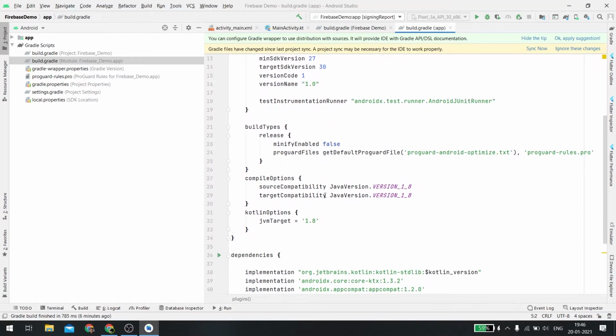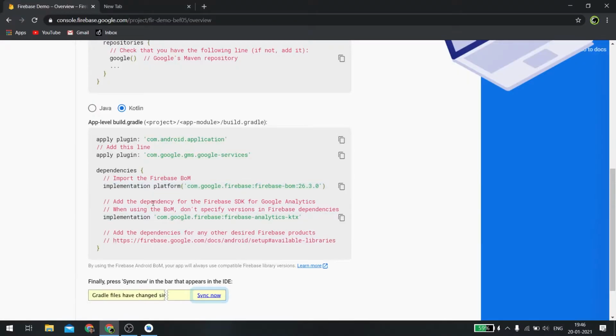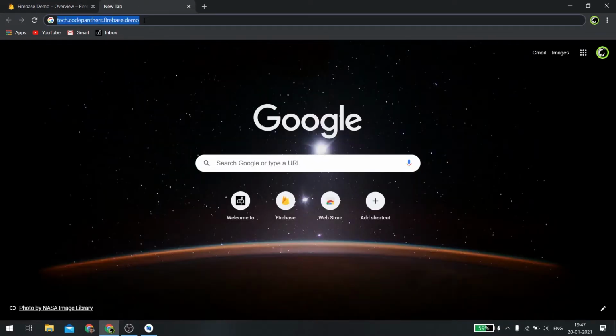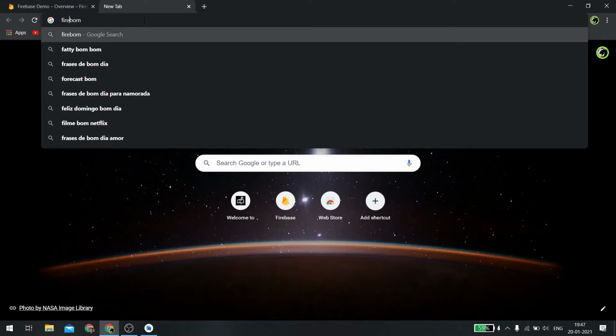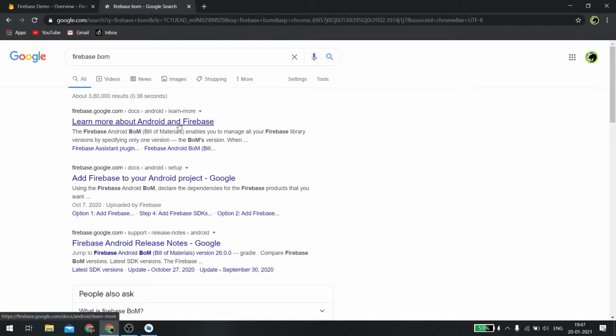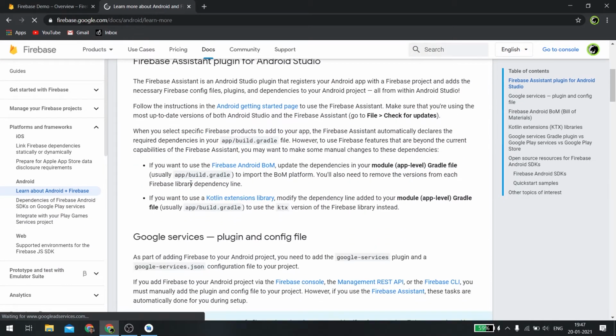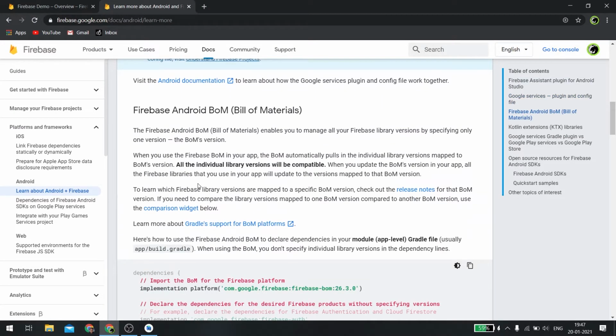Next we move on to the dependencies section. Right here, we have a lot of dependencies already, and we need to import either the Firebase BOM or, I guess this is for analytics. Okay, so BOM is a different kind of way for us to import all the services from Firebase. We can configure it and we can add whichever service we want. So let me just search around it, Firebase BOM. Actually I have not used it that often. So I think it is one of the ways that Firebase libraries are delivered.